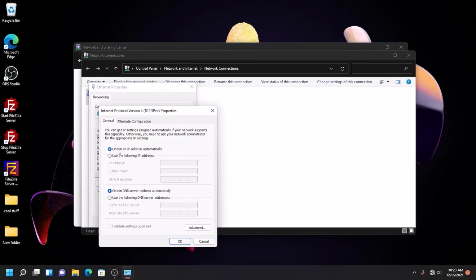We're going to double click on that, and this will bring up this window. You see where it says here we're going to obtain an IP address automatically? We're going to use the following address. You're going to just left click on this once. And for our IP address, we're going to type in